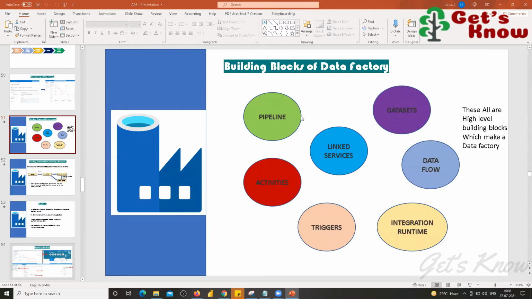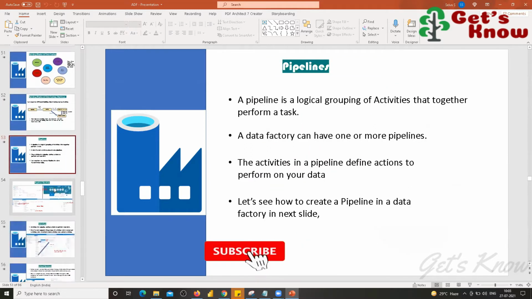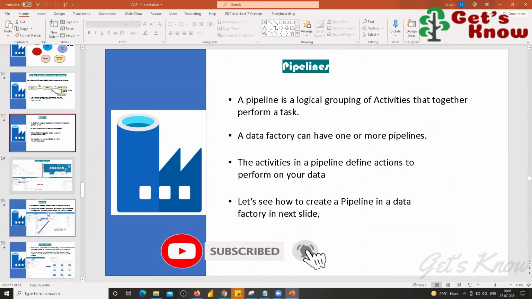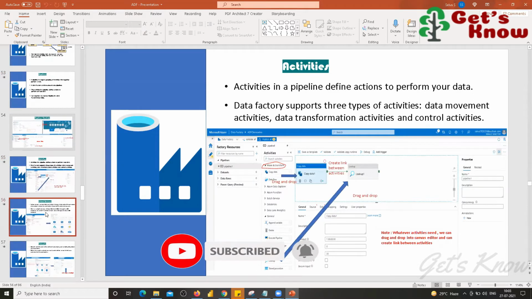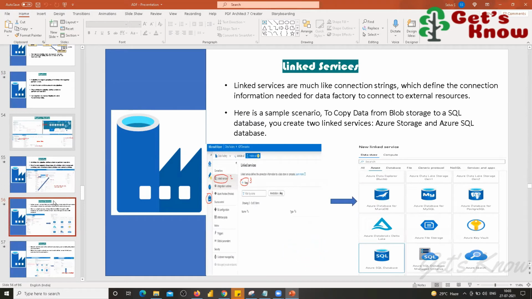Okay, fine. So all the integration, all the building blocks. So what is the purpose we are using? We already discussed, and one by one we have tested how to create each building block: pipelines, datasets, and activities, all types of activities. Almost all the activities in all the building blocks we have checked.